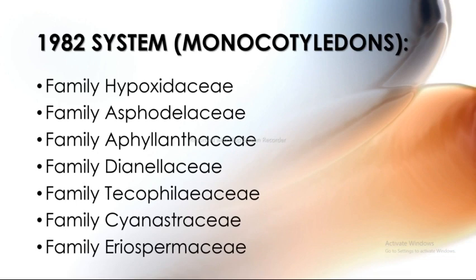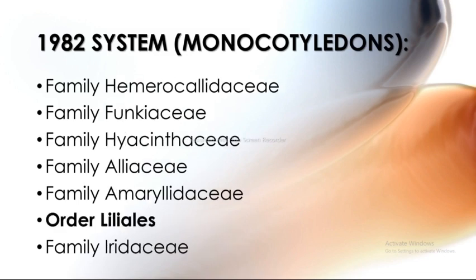Next is Hypoxidaceae, Asphodelaceae, Ephyllanthaceae, Dianelaceae, and Tacophyllaceae, Cyanostraceae, Angiospermaceae. Next is the Hamarcalidaceae, Funkaniaceae, Hyacinthaceae, Alliaceae, Amaryllidaceae, and the next order is Liliiales, which includes the family Iridaceae,